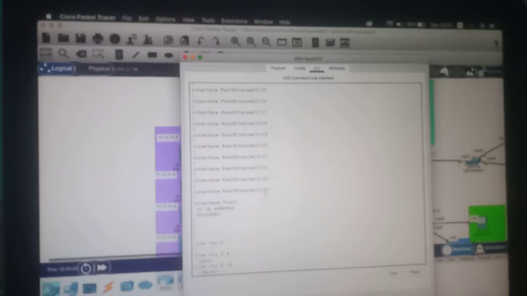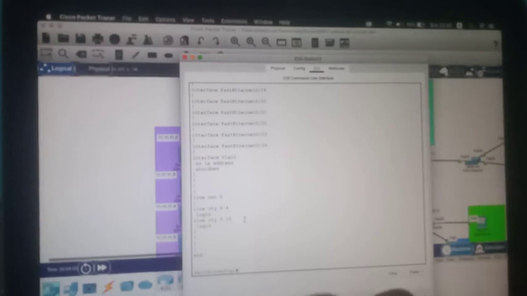This is for interface fast Ethernet 0/1 up to 0/24, and then we can type do show.